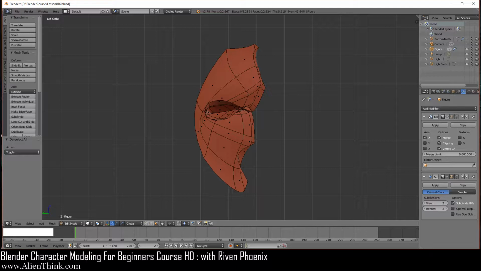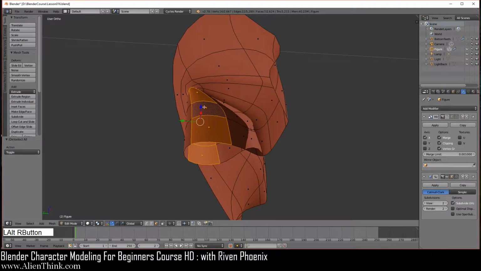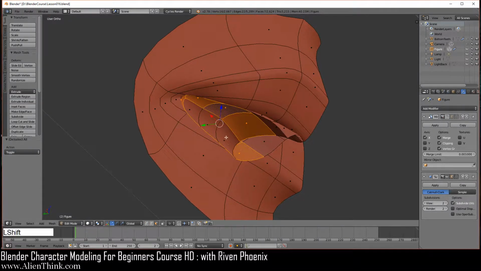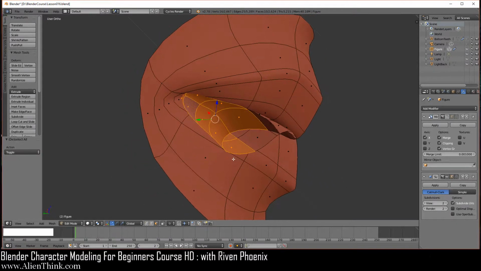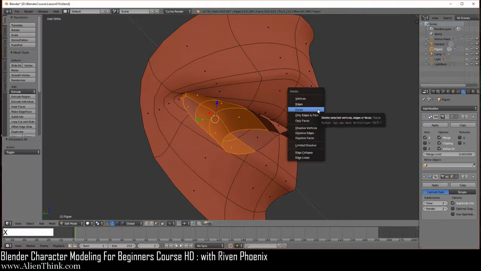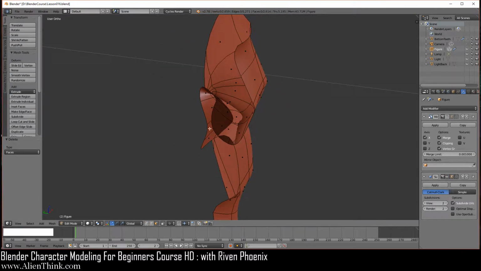deselect everything. Now just rotate this a little bit, press the Alt key down, do the same thing, I'm just zooming in to show you. Click on this edge loop over here, rotate it, press the Shift key down, click, click, click, and then make sure that this is what you have selected. I'm just going to show you. Now I'm going to do X, and now I'm just going to delete the faces. Okay, so it's going to leave this like this, because we're going to now make the inside of the mouth.